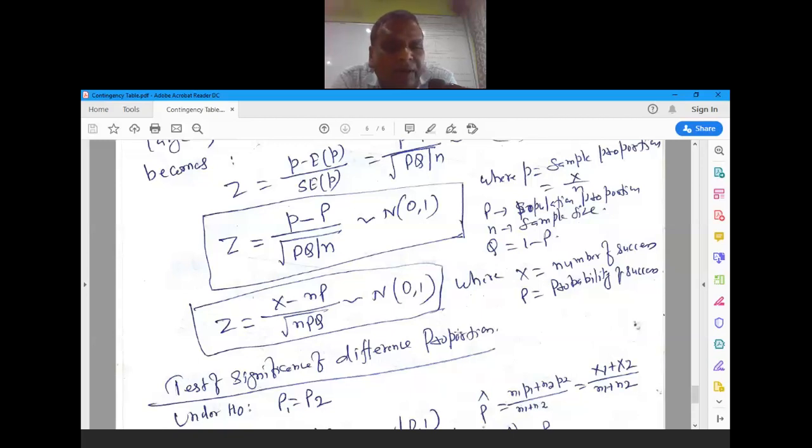So remember it, there are two formulas to find the test of significance of proportion. Here z is equal to a small p minus capital P divided by the square root of PQ upon n, and the other formula is z is equal to x minus np divided by the square root of npq, and this follows a standard normal variate with mean 0 and variance 1. So in the z test, you already use the area property of the normal probability curve, so the value of z is already given to you.